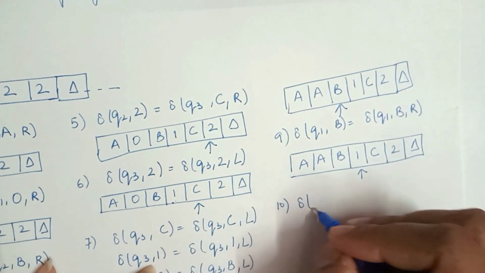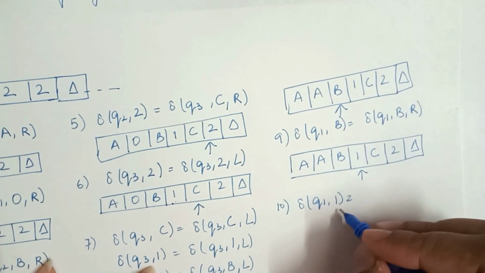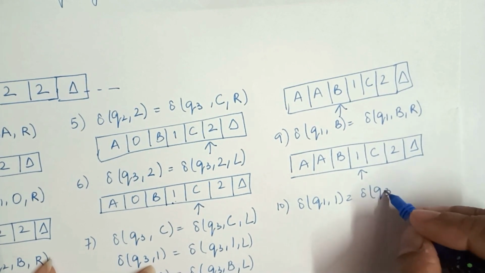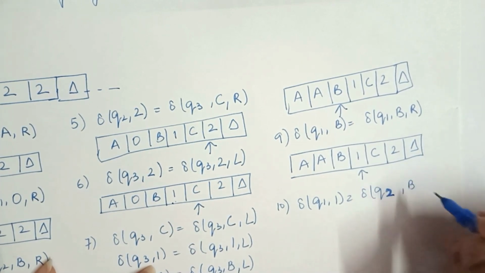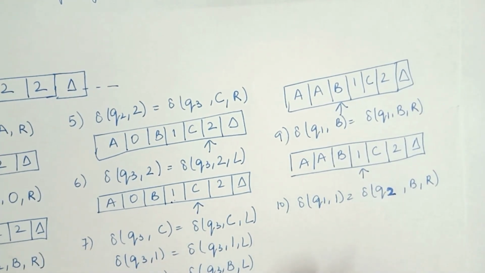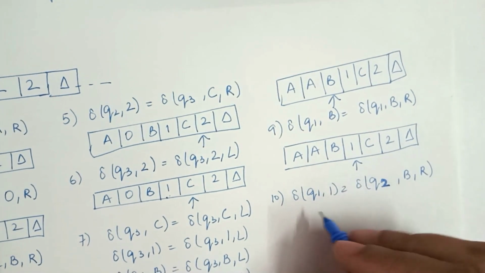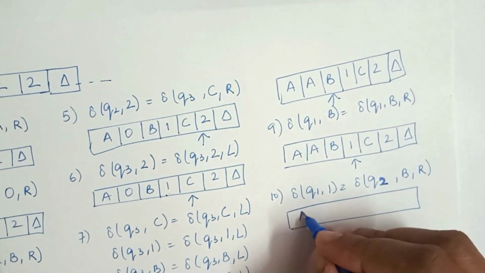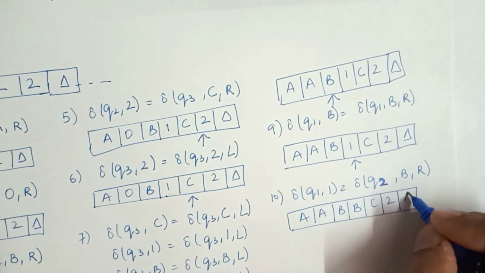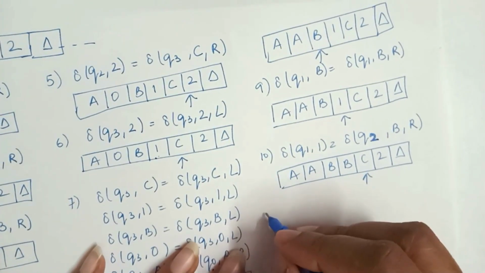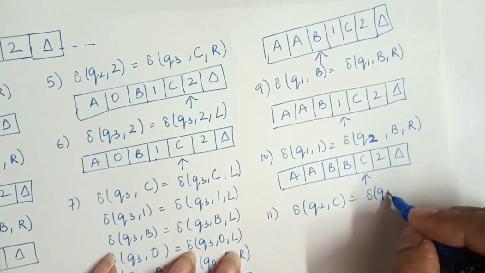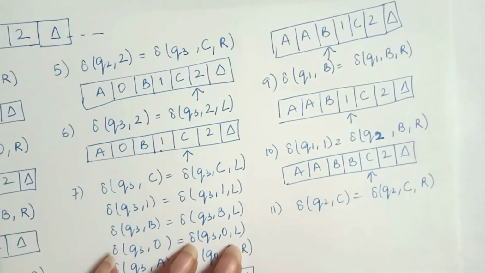So the next movement is, I am on Q1 state reading 1, so this 1 we encounter for the second time, which means we have to change the state, that is Q2. Small 1 is replaced by capital B, and we are moving to the right because we have to wait until the second 2 is encountered. So the input head will remain A, B, C 2 and del, and the pointer is at C. So the movement will be Q2, C. We remain in the same state, C will remain as it is, and we move to the right.